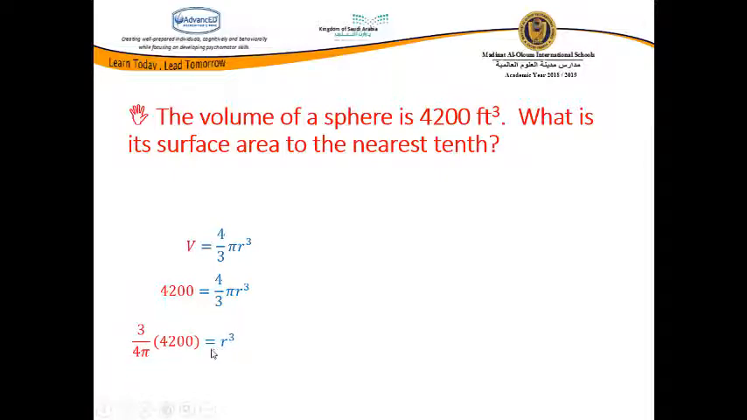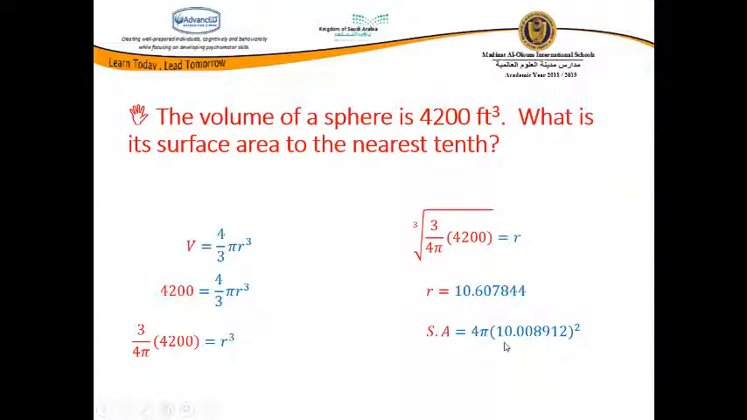Then r cubed equals 3 over 4 pi times the given volume, 4200. To find the radius, we calculate the cube root of 3 over 4 pi times 4200. Then the radius equals 10.607. Using this radius, we can find the surface area, 4 pi times the radius squared. Here we get that the surface area equals